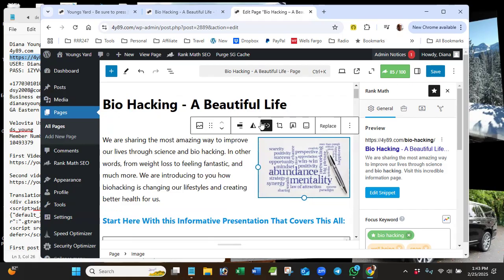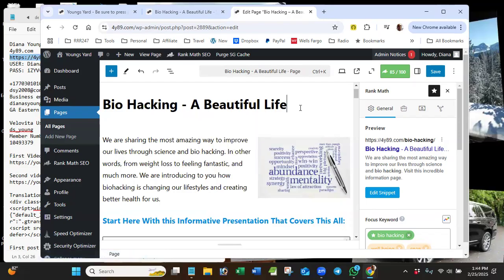And you can also link your image. Right now, it's just going to open the picture, link to media. We won't worry about that right now. That's for another discussion. At any rate, now when you click on save this,